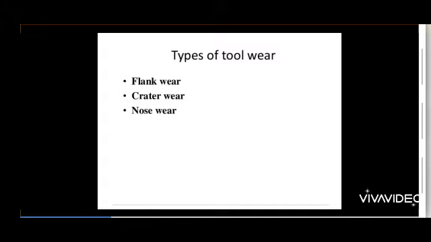Any form of this wear changes the geometry of the tool. As you know, when the geometry of the tool changes, the angles will change. The cutting edge will no longer be able to cut the metal. You have to go for creating a new geometry, that is, regrinding or resharpening of the tool. Nose wear is nothing but the wear at the small radius provided at the cutting edge. The edge wear taking place on that particular point is called nose wear. Okay, we discuss one by one.